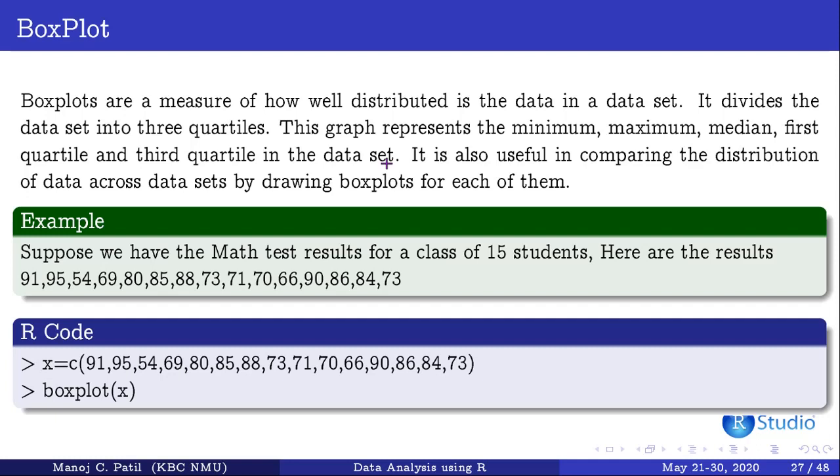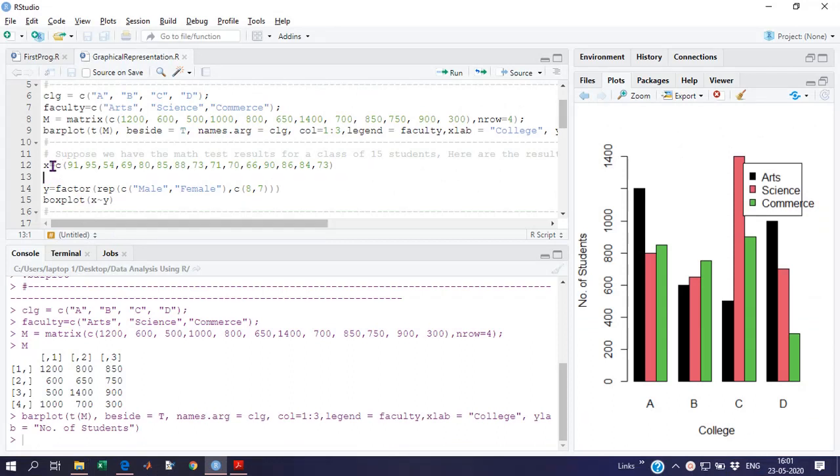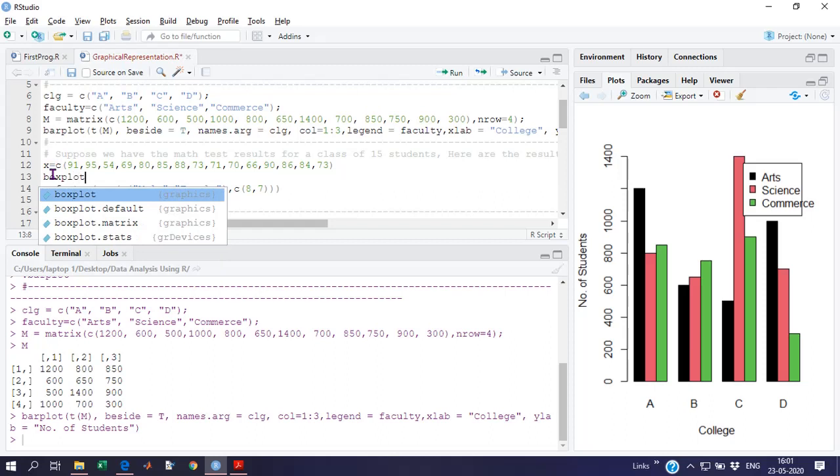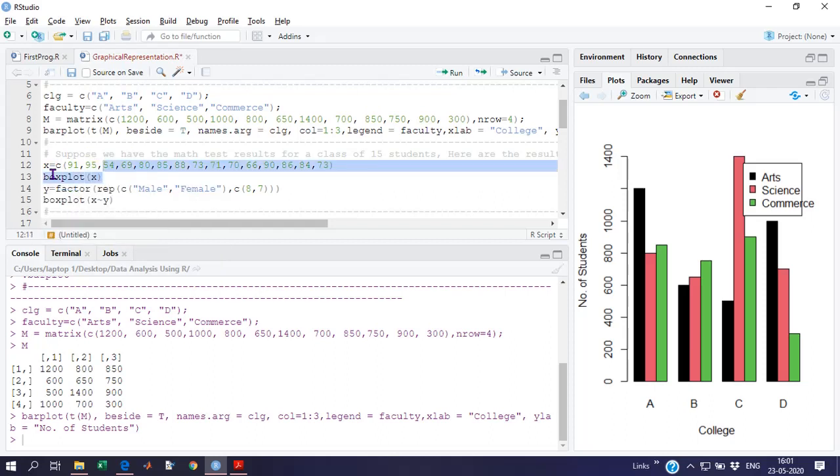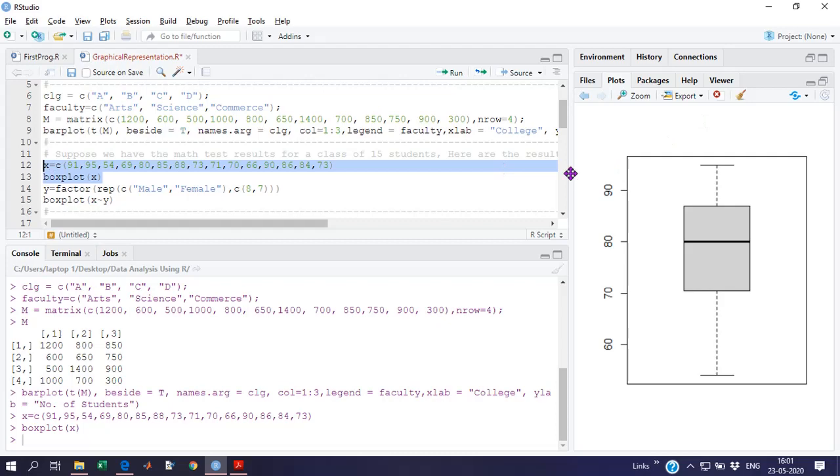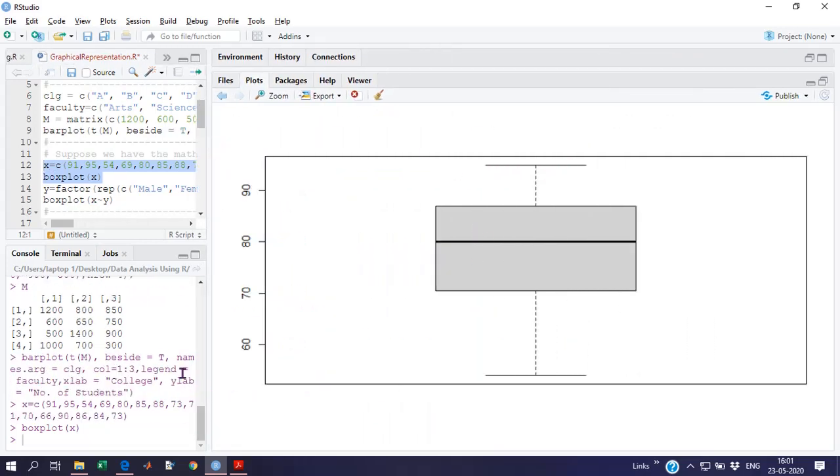So let's move to R. Let's put these x values in a vector and find the box plot. I have entered that value x here and I will go for a box plot of that x. Now look at this. This is the box plot. Around 80, the mean of that vector is around 80. So the 50 observations are here. Minimum and maximum are noted by that horizontal line.